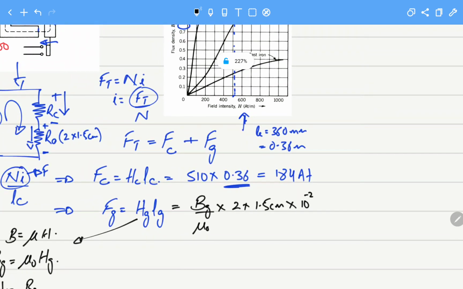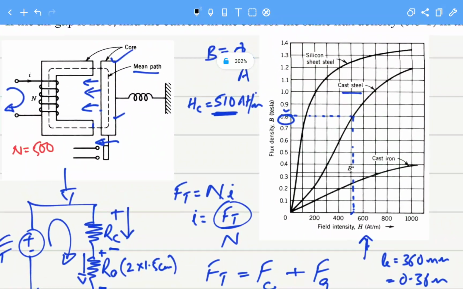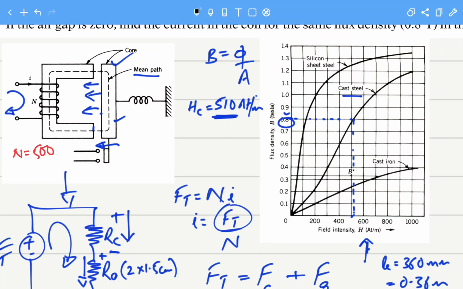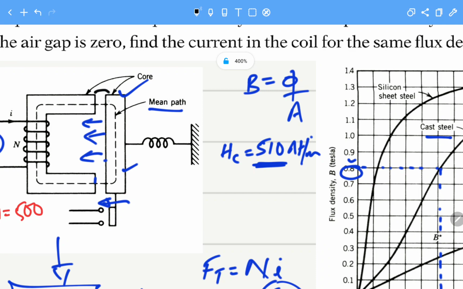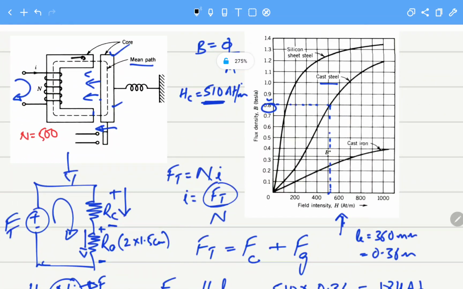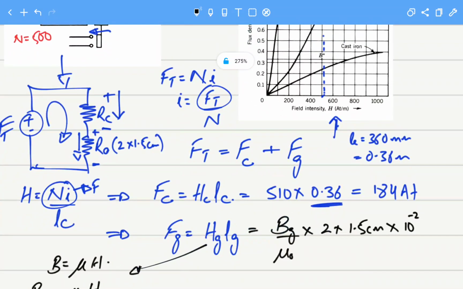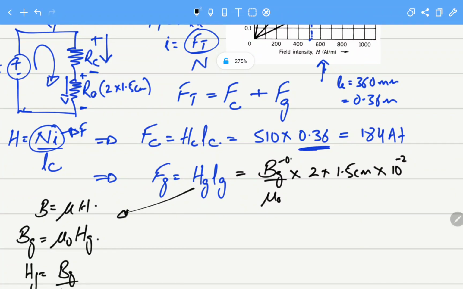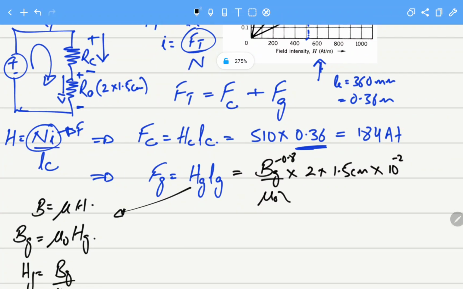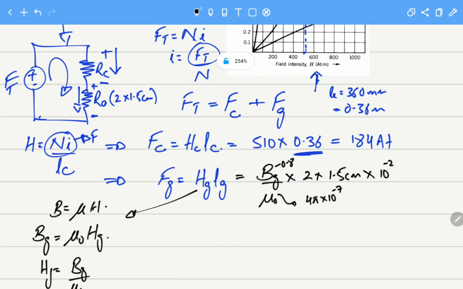Now there is this assumption, as it has not mentioned the fringing effect. What we are assuming is that there is no increase in the cross-sectional area, and so the flux density passing through the core is equal to the flux density that will be passing through the air gap. By this assumption, we can say that it is 0.8 as it was in the core, and mu naught we know is 4 pi into 10 raised to power minus 7. So the value for Fg will then become